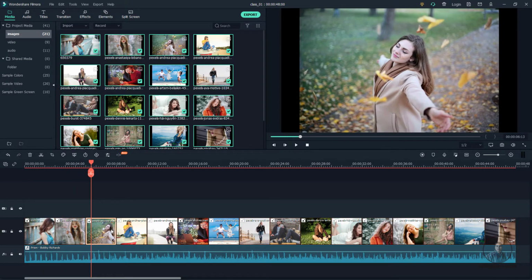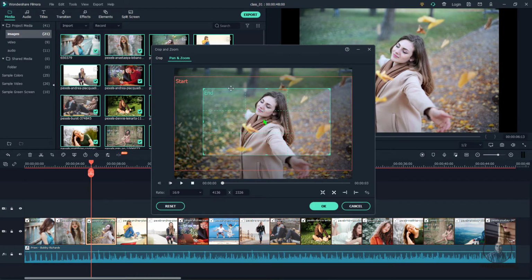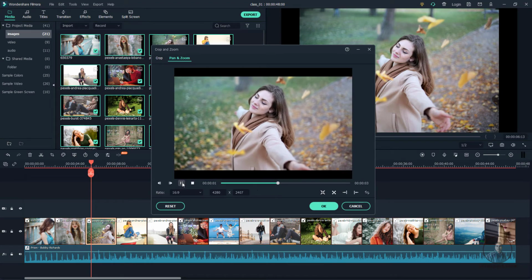Now again, if you want to create a zoom out type effect, simply switch it, then click here, and it will reverse the start and end points. Now it will start from here and go till here, so it will zoom out your picture. Now again, if you want to check the preview, you can see like this.